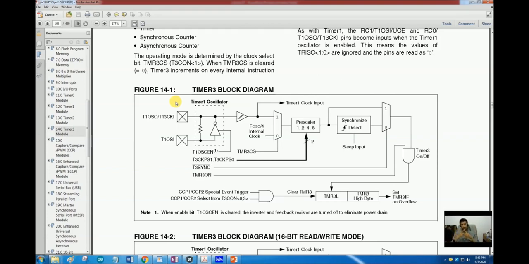We can configure timer 1 to get its clock from the internal oscillator, and we can configure timer 3 to get its clock from the external source, in which it will be using the same pins that timer 1 would have been using if it was configured to get the clock from the external source. But we can configure them: timer 1 internal clock, timer 3 external clock. Also we can configure them as timer 1 external clock, timer 3 internal clock,